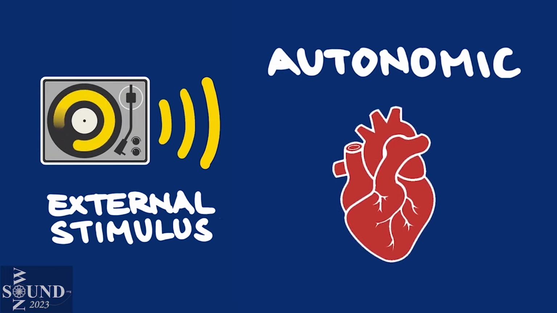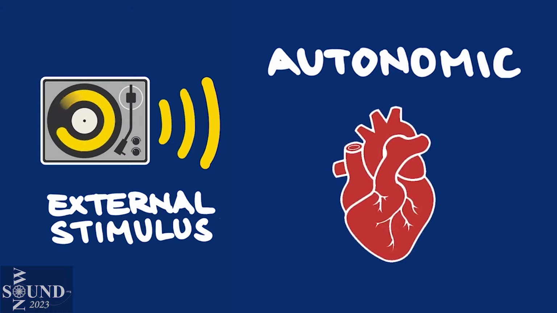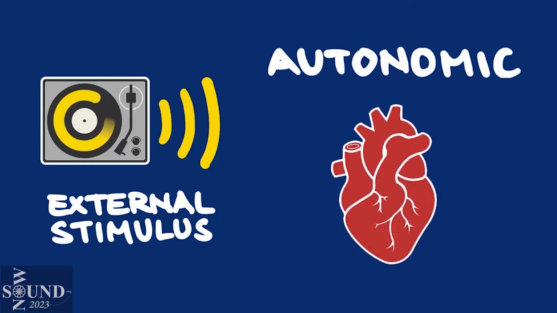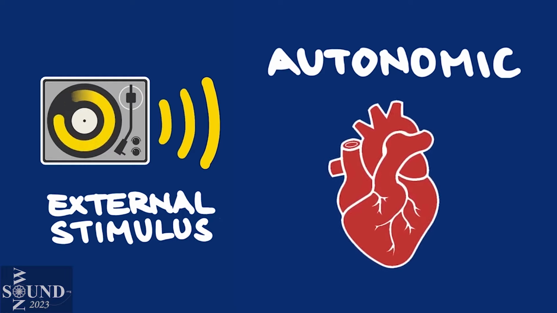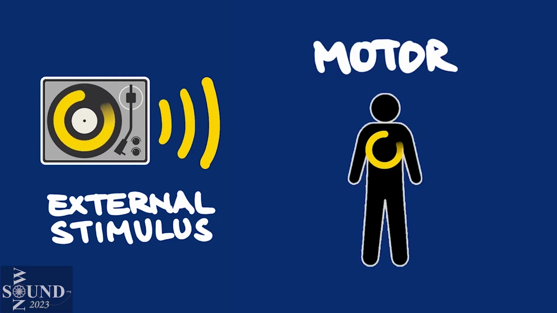The third level of entrainment, autonomic, is how our unconscious biological systems like heart rate and respirations synchronize or attempt to synchronize to the rate of the music. For example, when we hear fast-paced music, our heart rate increases. When we hear slower-paced music, our heart rate decreases. The fourth level, motor entrainment, involves conscious physical movement and depends on perceptual entrainment. This is quick. As soon as you perceive a clear beat, you can move along to it.